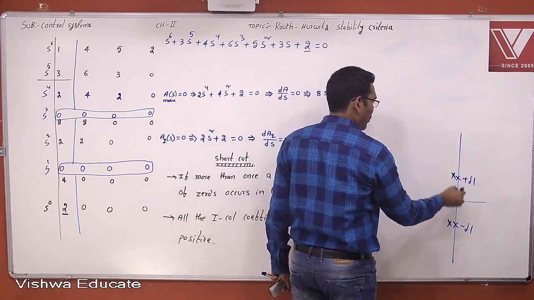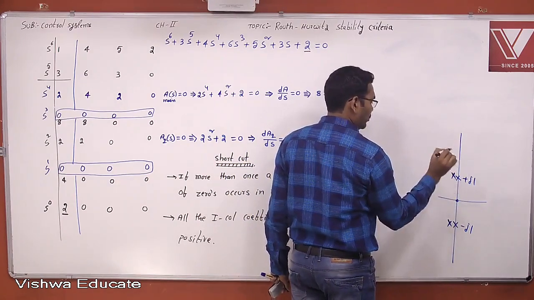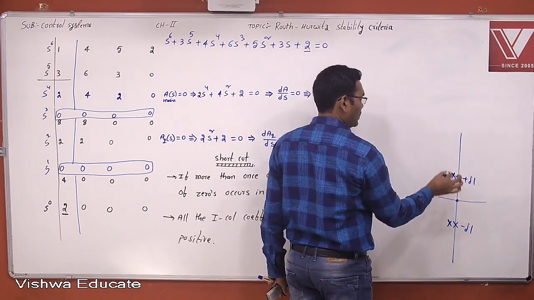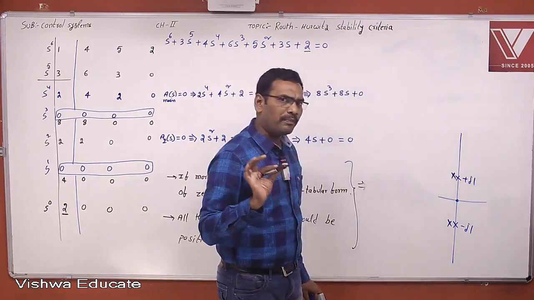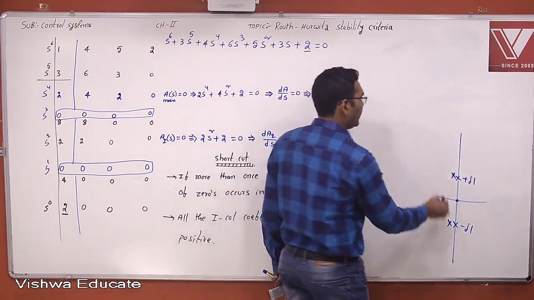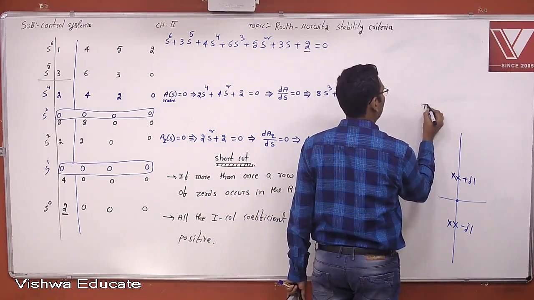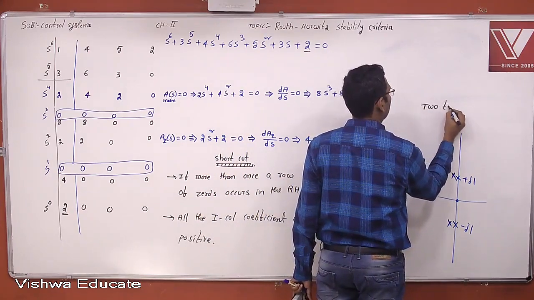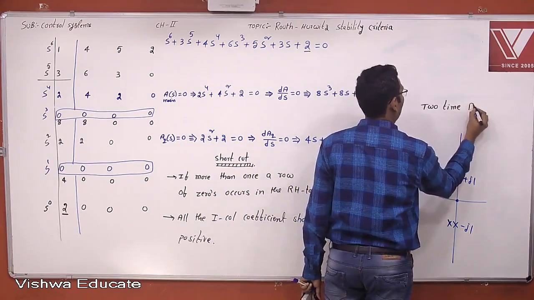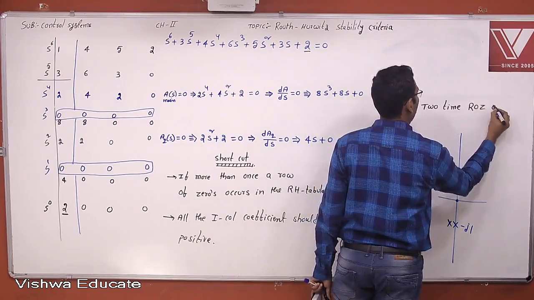With respect to origin, the poles are symmetrical. Repeated or non-repeated? Repeated. Therefore 2 times the row of zeros occurs